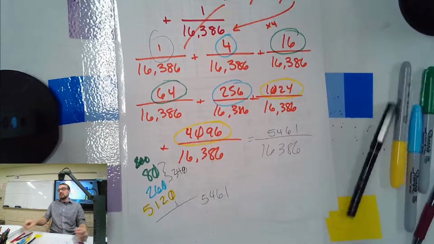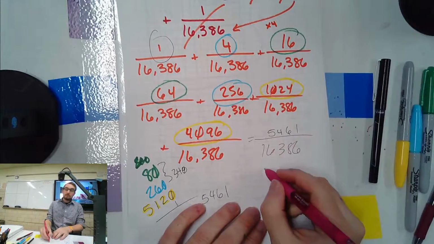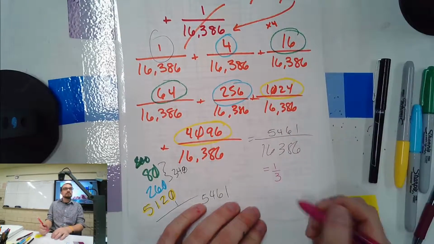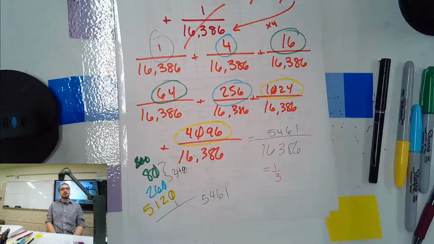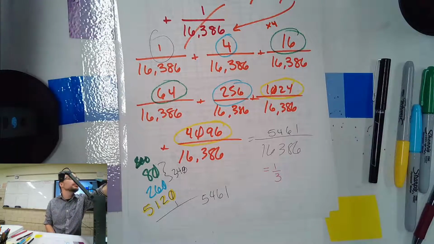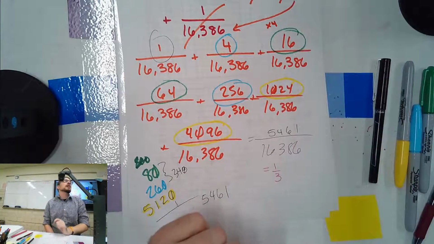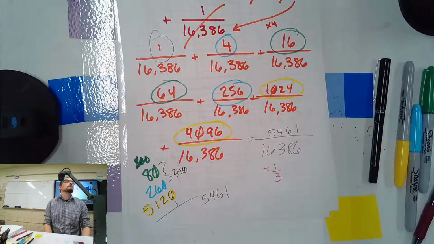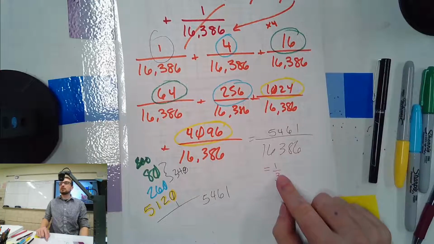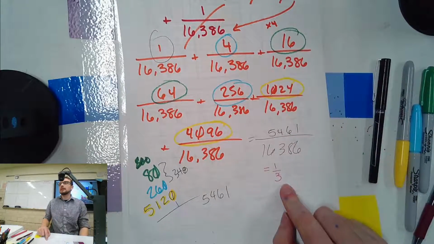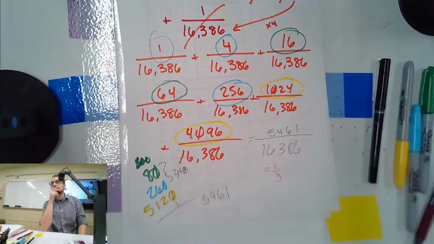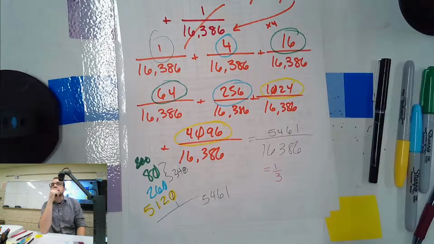Now, who said it was going to be a third? Isaiah did. Isaiah, does that equal a third? If it does, then you win. Now, here's how we're going to check it. We're not going to type it in our calculator. Here's what we're going to do. If it can be reduced to a third, then we should be able to divide by 3. Is that true or false?